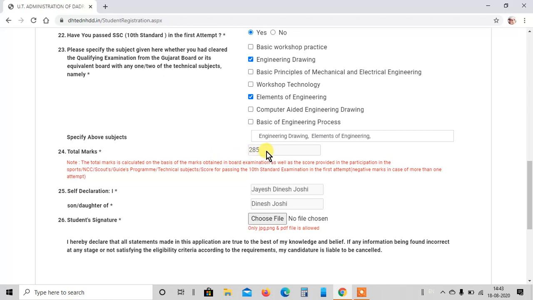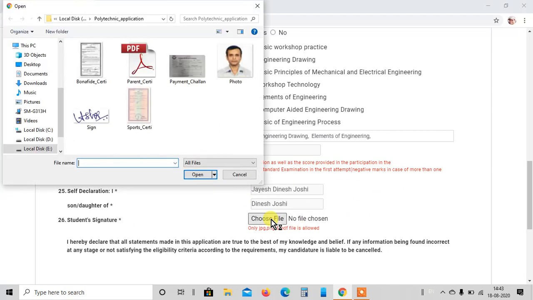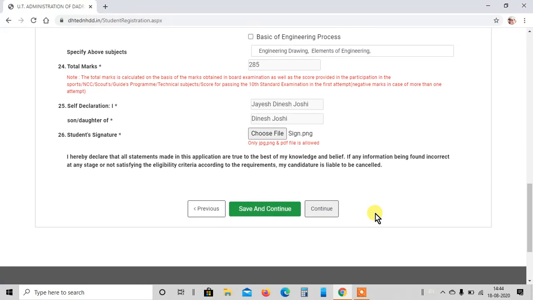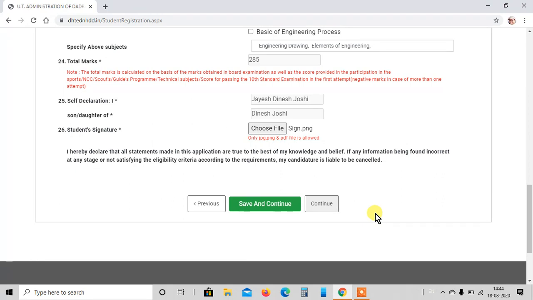It will add some marks of these subjects into my total marks. And lastly, you have to insert your signature. So this application form is now almost complete. So click save and continue.